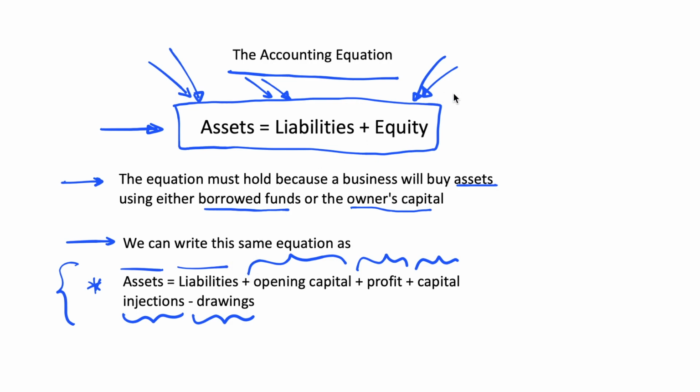So the accounting equation tells us that we have what we've discussed in a previous video, double entry bookkeeping or double entry accounting, which says that any business transaction has to be recorded twice in the accounts. And we can see why that is from the accounting equation. Let's say that we want to increase our assets, that we're buying more assets. Well, in order to do that, we will either need to borrow or we'll have to use the owner's capital. But the way we can see this through this equation is, if this assets term increases,